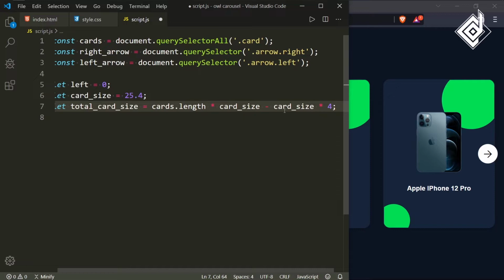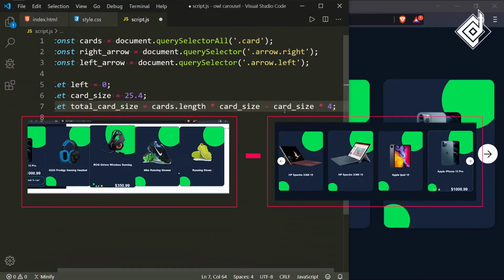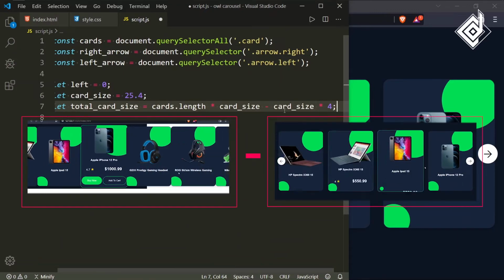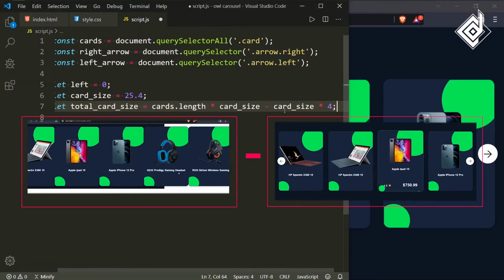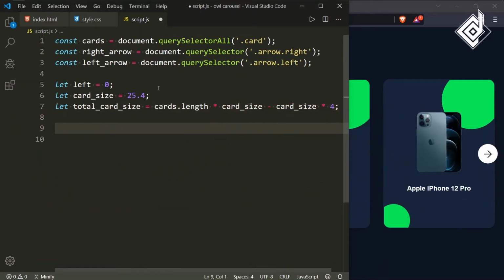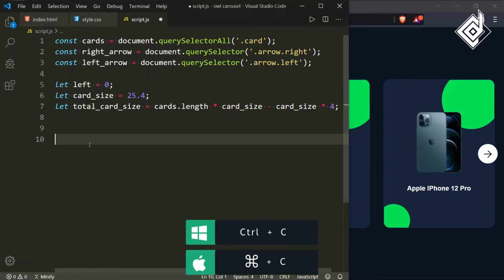So the actual space that the hidden cards are occupying is this. With the help of this code, we'll be able to get the exact space or the area that is occupied by the hidden cards.